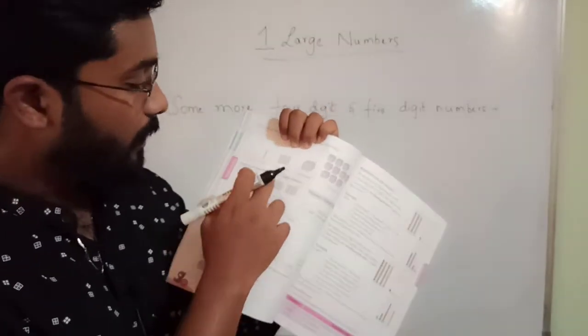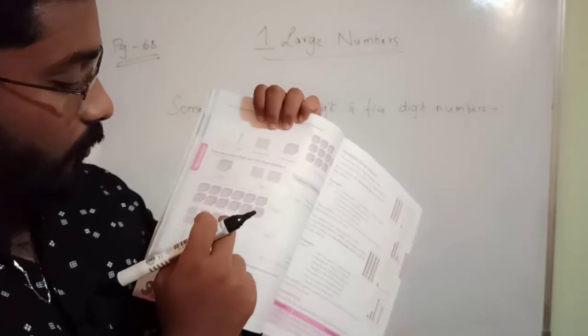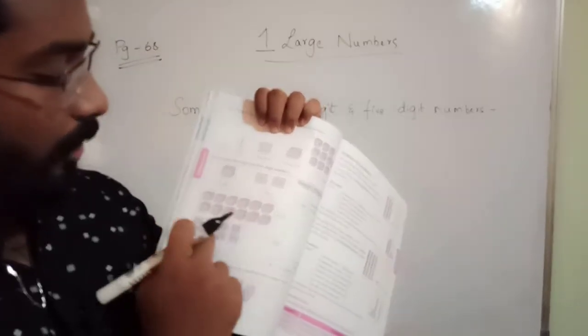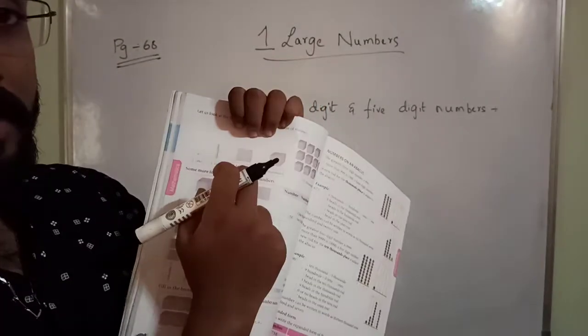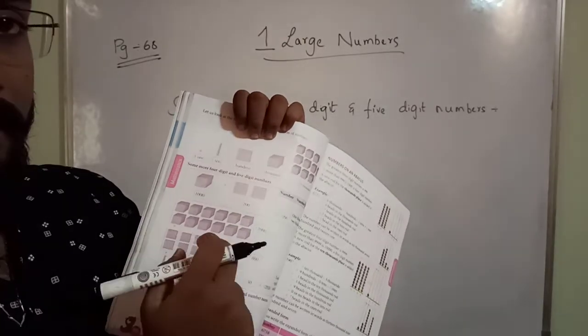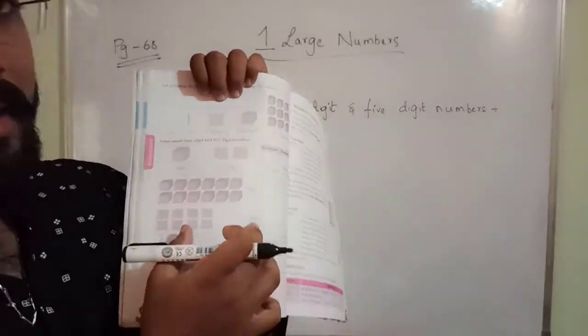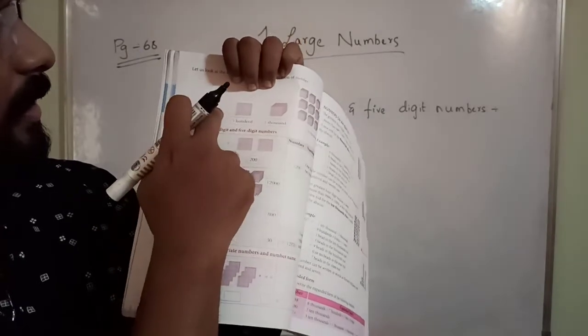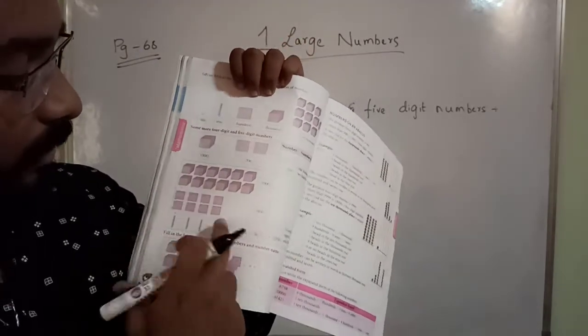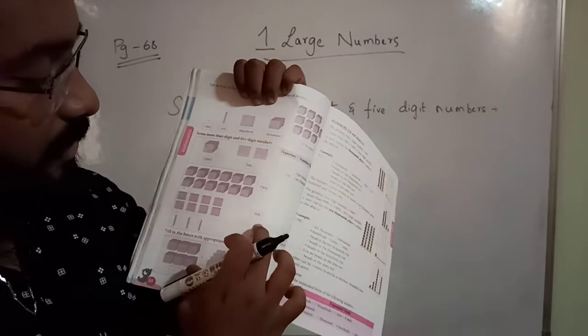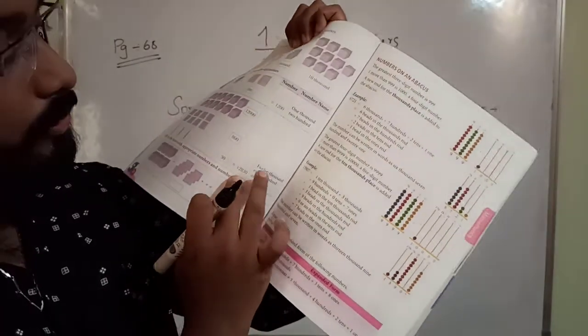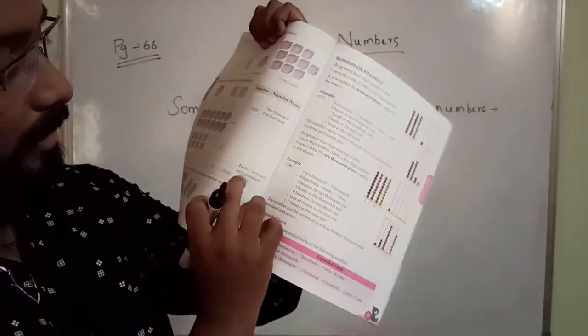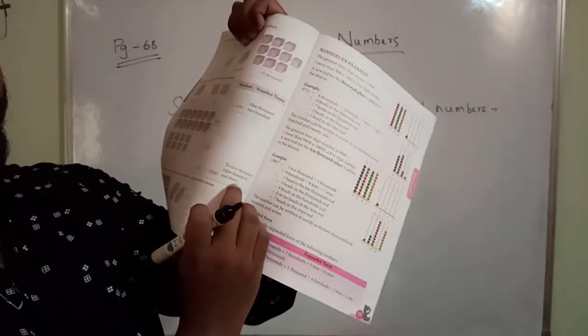Next one he gave 1, 2, 3, 4, 5, 6, 7, 8. What are these boxes? These are 100 boxes. 100 boxes are 8. This is 12,000. This is 800. Next one is 10 boxes. How many are there? 1, 2, 3. That is 30. 12,830 is the answer. So he wrote in the word form the number name 12,830.